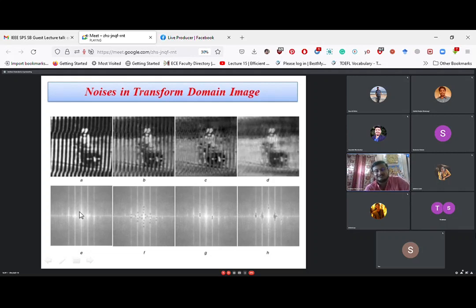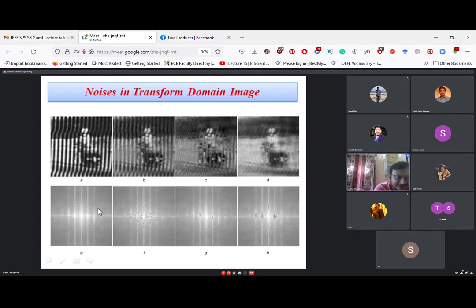Gross information means it does not bear the information about the gradient of one pixel intensity to the next pixel intensity. It only bears the gross information, like the shape of the image, the average pixel intensity of the image. Shape and size of the image or object or average pixel intensity, all these things are called gross information or the average information of the image. This average information is borne by this low frequency region, and when we go for high frequency region, the finer details like the contrast, gradient, average gradient, all these things appear.